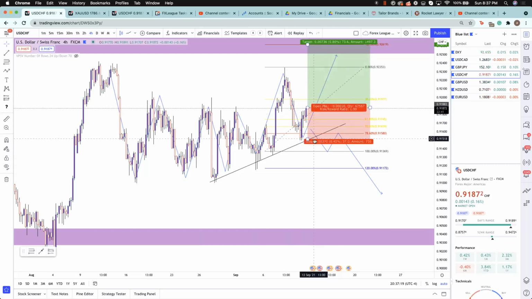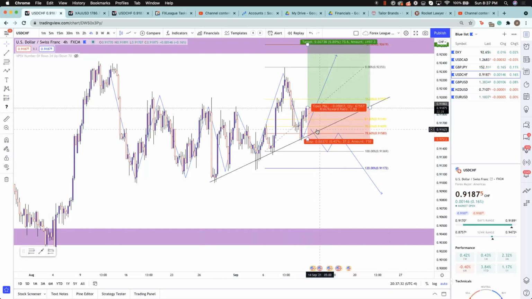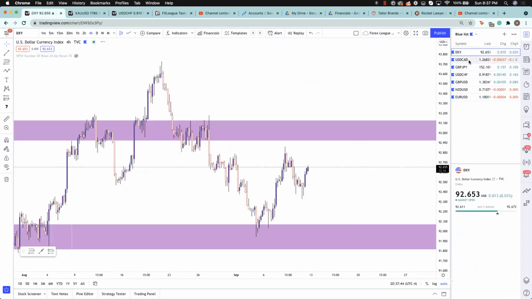Because if this does come back down to this area, we don't want to be in the trade anyway. So that's a good spot to put your stop loss. Gives you enough room to mess around with. Now, if it does come down and break out, then we're going to look for the break and retest. The same thing as before, look for structure to break and retest. But I think USF is a good potential move to go to the upside. So I'm going to leave that one mapped out.